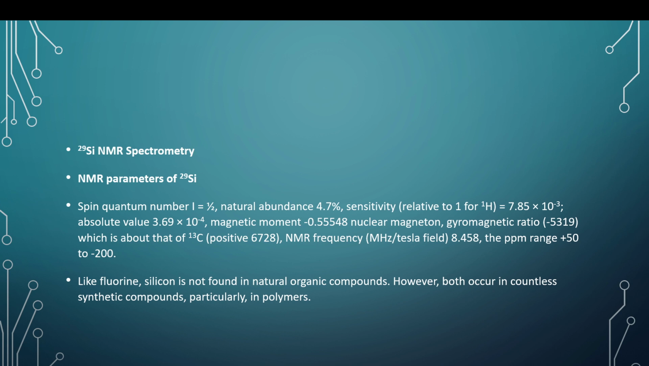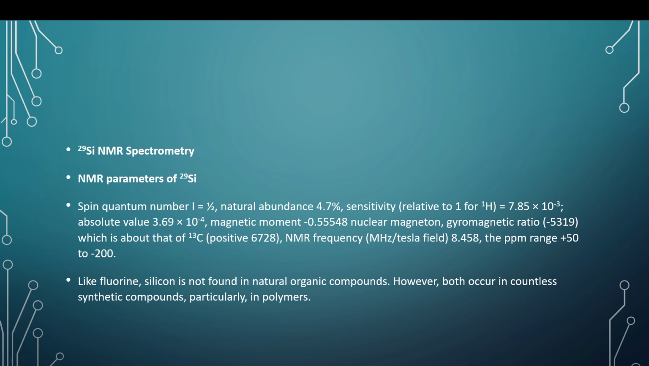Next, we pass on to silicon-29 NMR. The NMR parameters of silicon-29 are spin quantum number I equal to half, natural abundance 4.7%, sensitivity relative to 1H